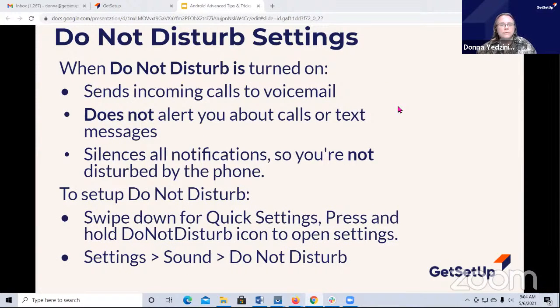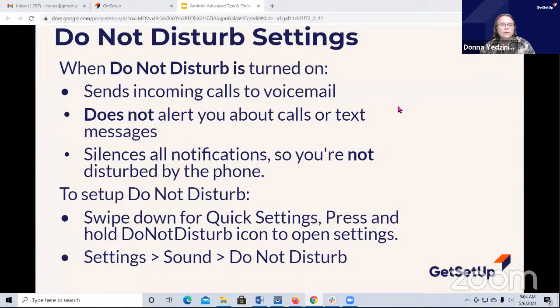Let's start with Do Not Disturb. Do Not Disturb is a feature where you can put your phone in a silence mode. Like, for instance, if you're in a meeting, you don't want your phone ringing. Your phone calls will go to voicemail, that type of thing. So to turn it on